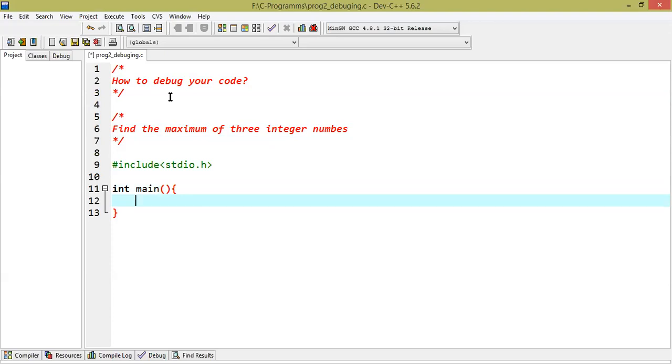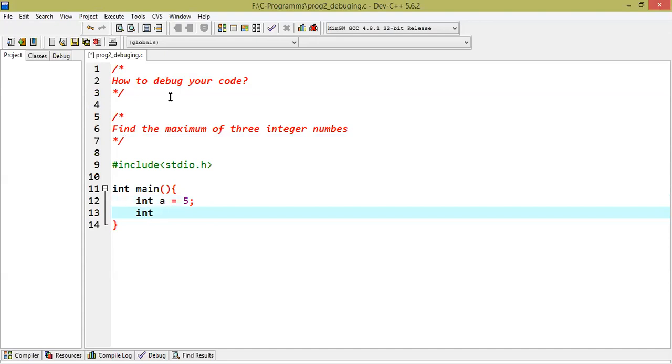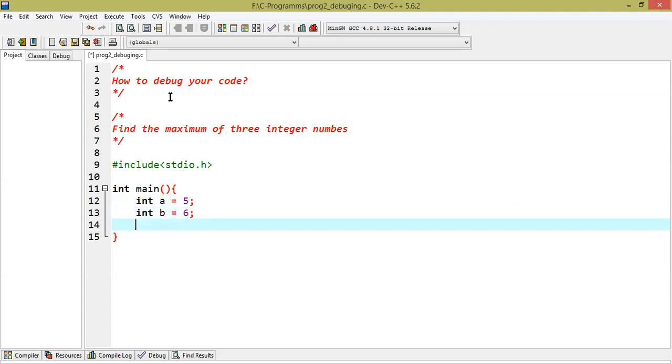Okay, so let's declare three variables first: integer a, and assign some value, suppose 5. Next, another variable b with some value 6, and another variable c with the value, suppose 4.